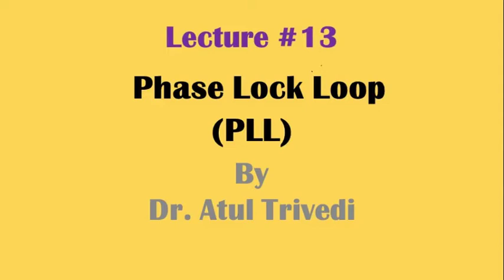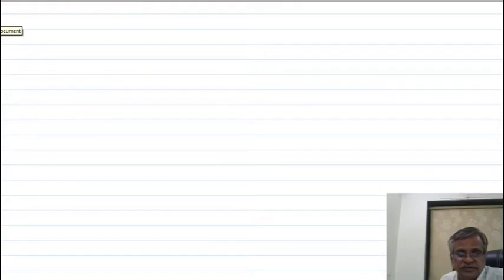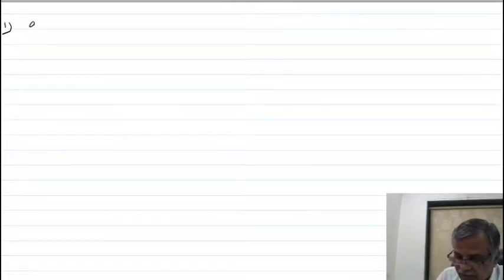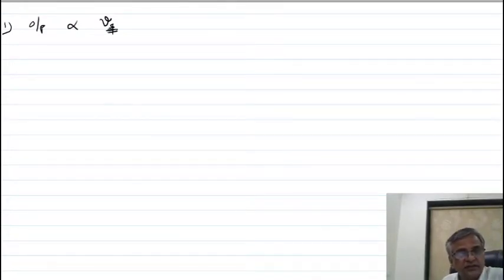In a previous lecture, we have discussed the switch type analog phase detector. In a switch type analog phase detector, there are two limitations, two drawbacks of the circuit. One drawback is the output is proportional to the strength of the input signal. As a result, the loop gain of the phase detector depends upon the input signal. This is the one drawback.